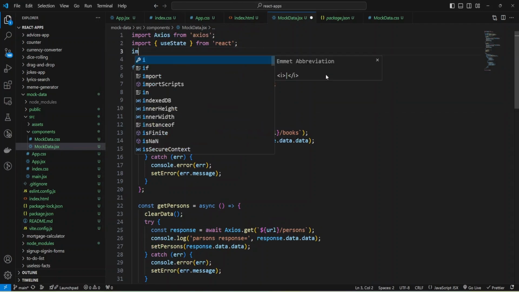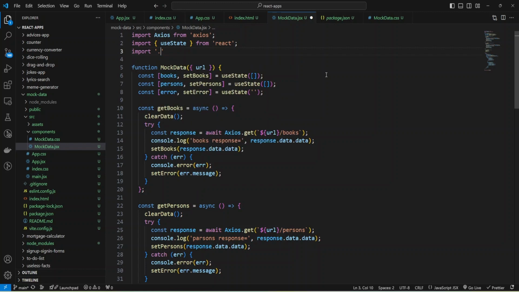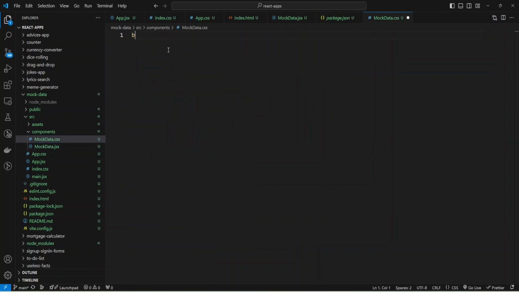I'm going to import my mock data CSS file, and I'll quickly add styles for button.